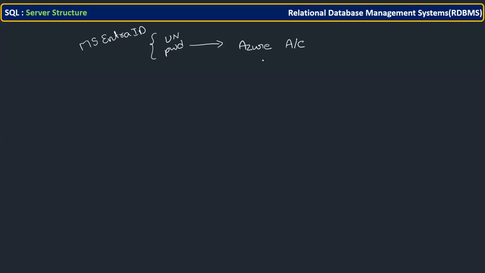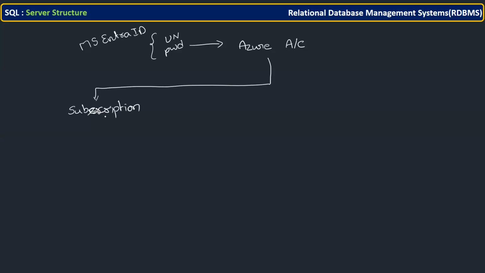For any client, whether you are doing a new project or an already existing project, when you come to the Azure account, the immediate thing you are going to observe under the account is the subscription.